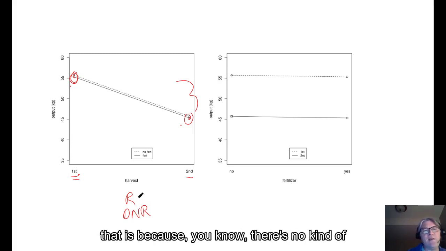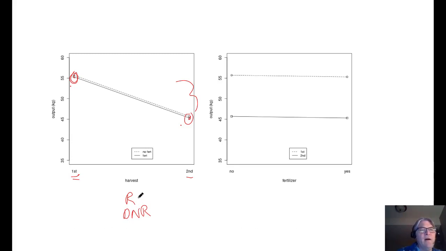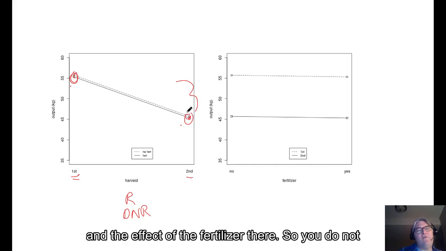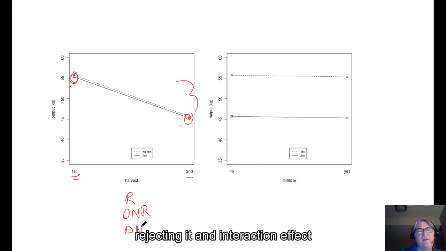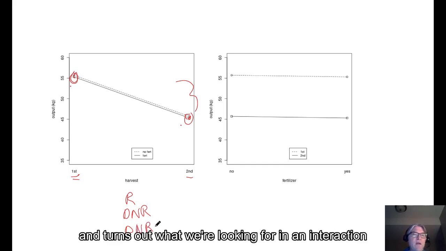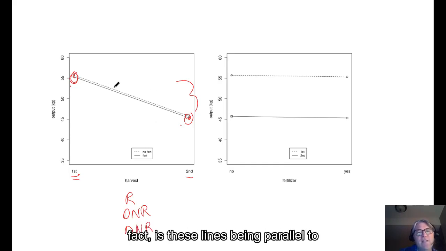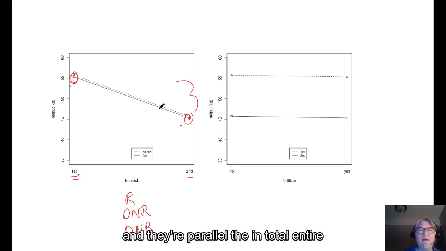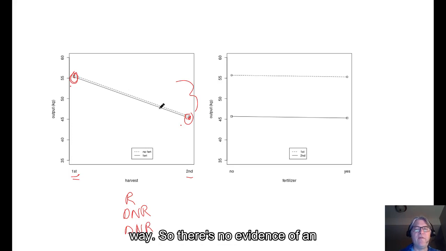And the reason I say that is because you're seeing no effect of the fertilizer here and no effect of the fertilizer there. So you do not reject an interaction effect. And it turns out what we're looking for in an interaction effect is these lines being parallel to each other. So they're right on top of each other and they're parallel the entire way, so there's no evidence of an